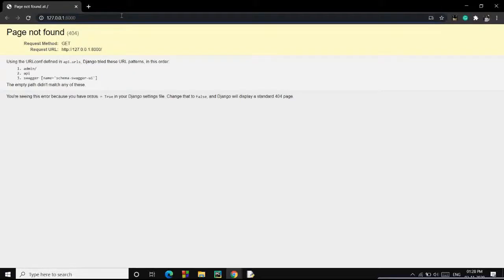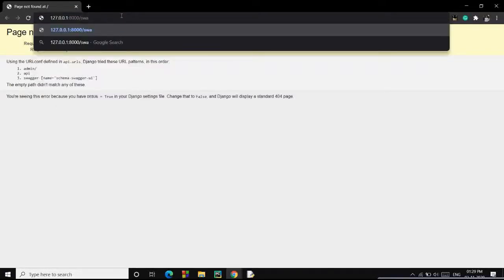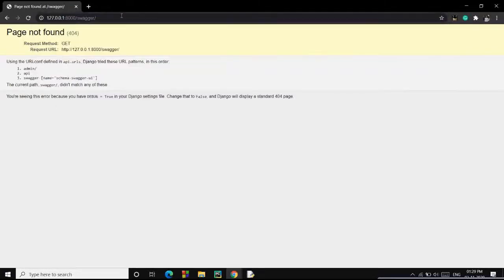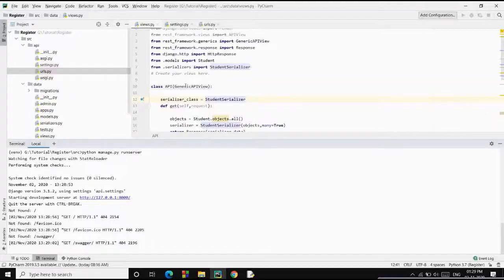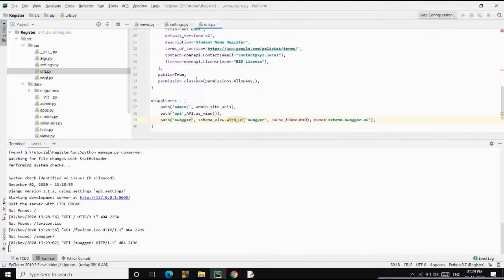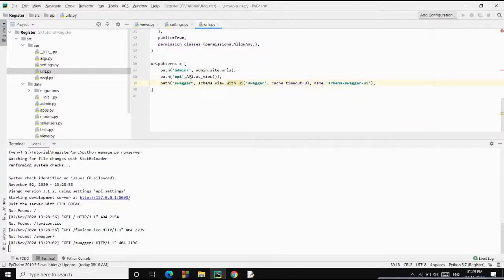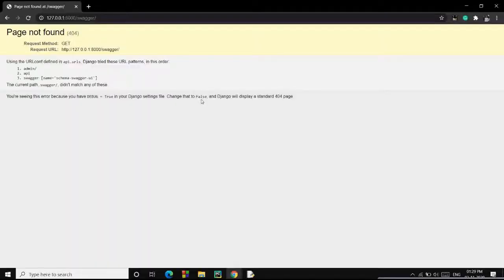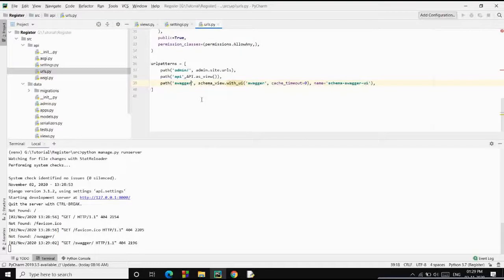So our endpoint was Swagger. Okay, I think our endpoint is something else. Okay, it was Swagger. But it's saying it's not found.